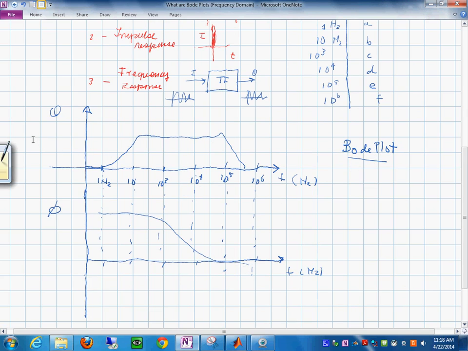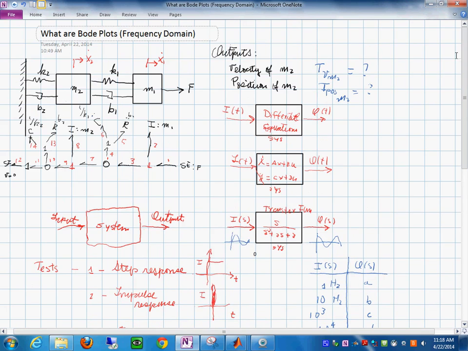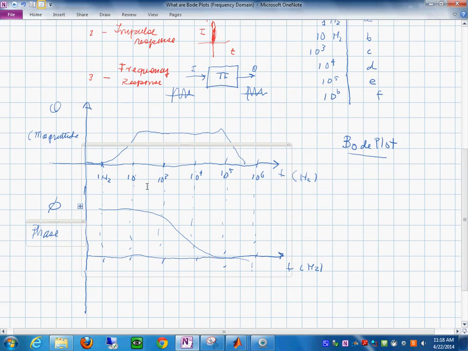This is two parts. This is the magnitude plot, and the other one is called the phase, like this. So I think it remains for us to do what we were going to do for this system. First of all, let's try to find these transfer functions, and then let's try to find these plots, these Bode